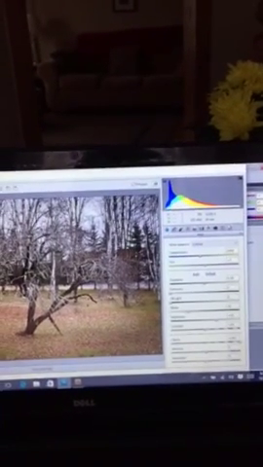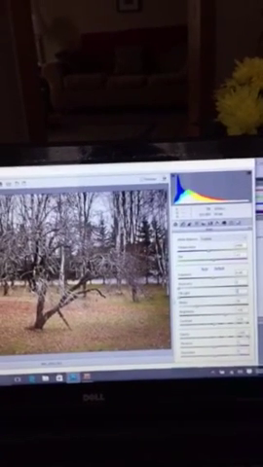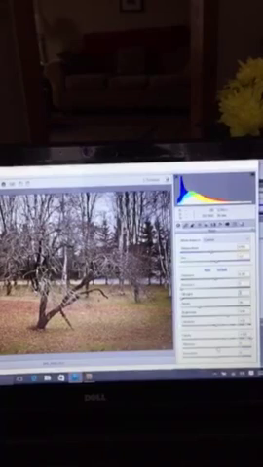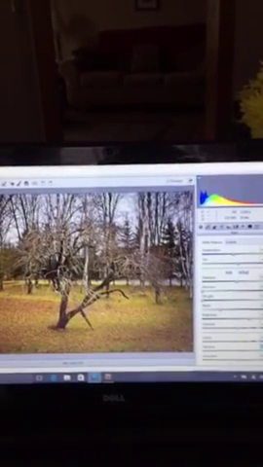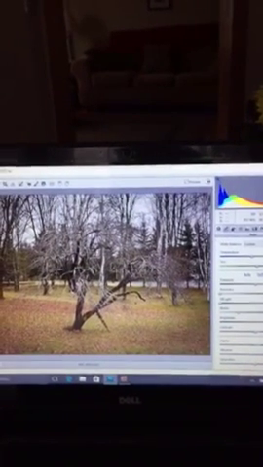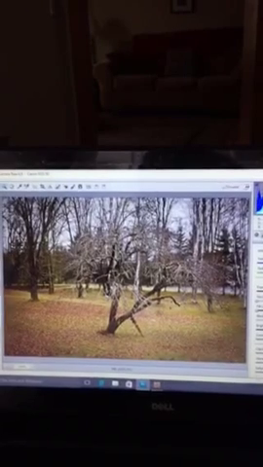And then you can go back to basic. If you want to darken shadows, you go into fill light, but that looks bad. And then you got everything else here. Vibrance will certainly boost up the color, like that. Oh, I screwed it up. There we go. So that's good. So now we're going to open the image